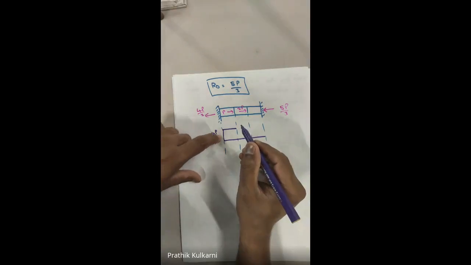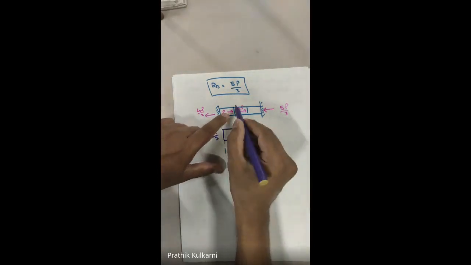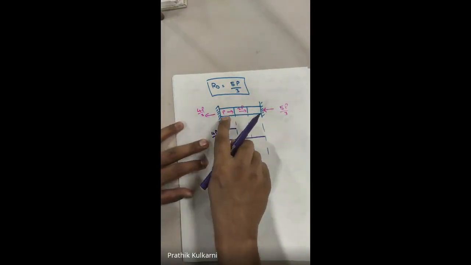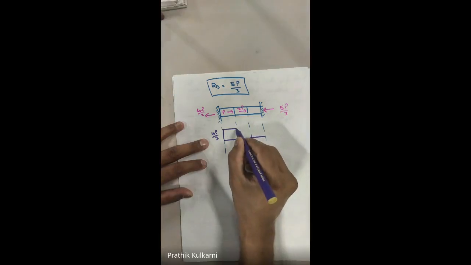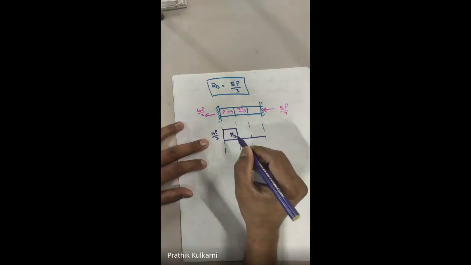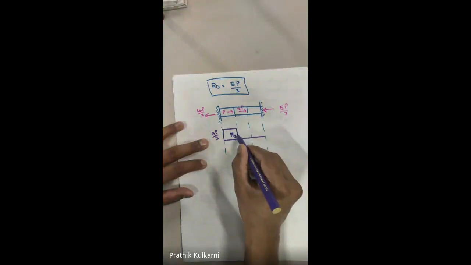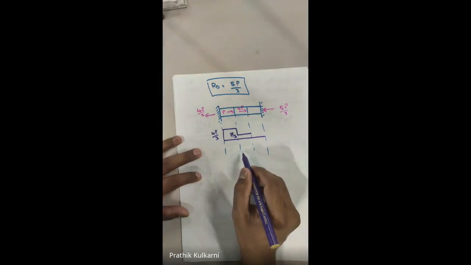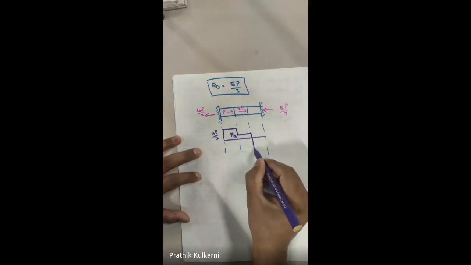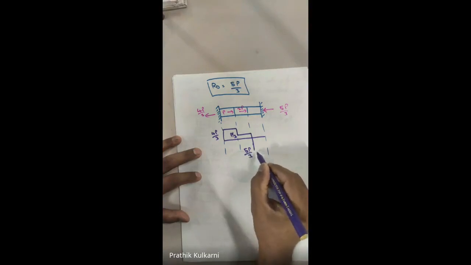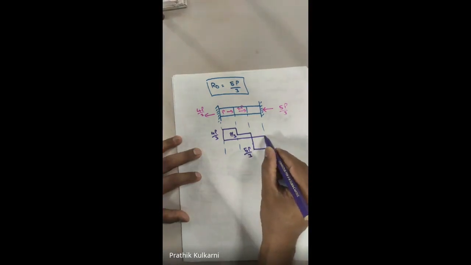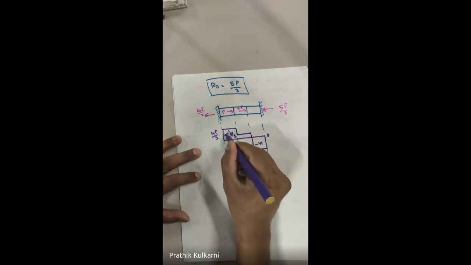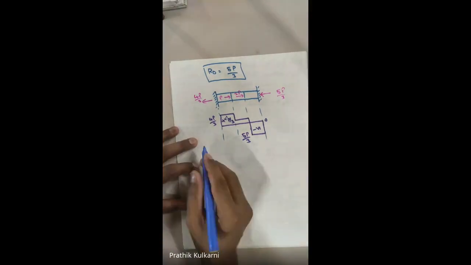Then 4P by 3 minus, look at this portion, this is trying to compress. Fine. It is trying to compress. So 4P by 3 minus P. So what will we get? P by 3. Fine. So similarly, till here we have P by 3. Then we have a straight line. Then P by 3 minus 2P. Again it is a compressive force. Minus 2P, so it will go to here, 5P by 3. Then we have a straight line, and here it is 0. So here it is negative. Here it is positive.